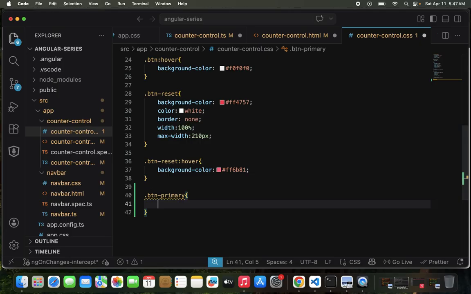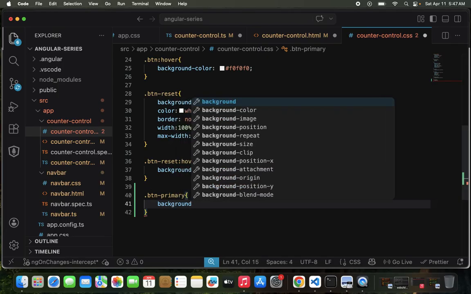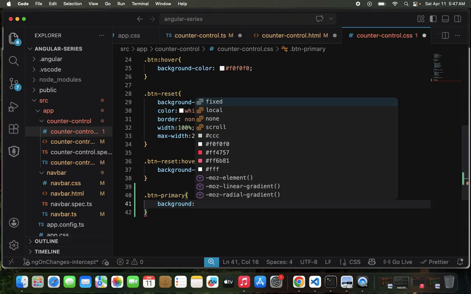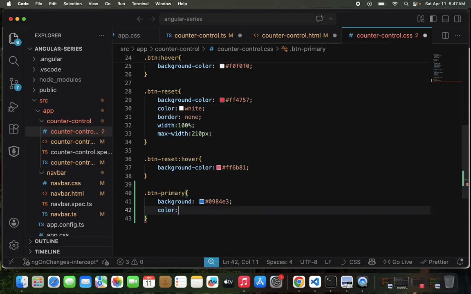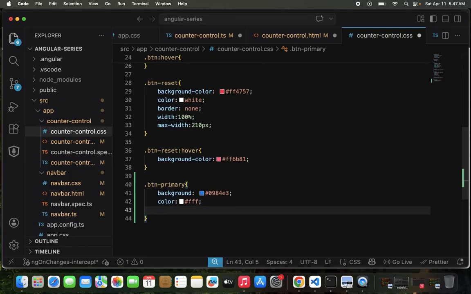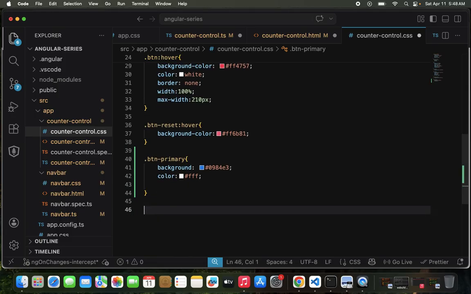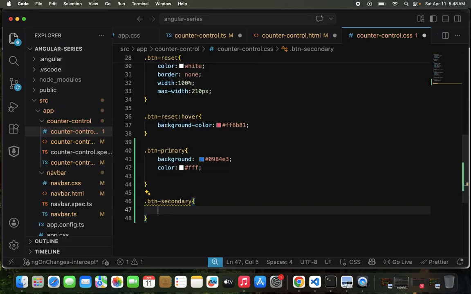Okay, let's do background 0984E3. Okay, so that's blue color, and then let's set the color to be white. Okay, and then for btn secondary, we can do